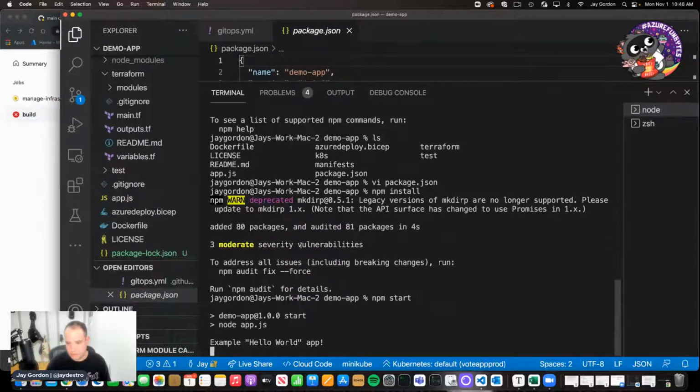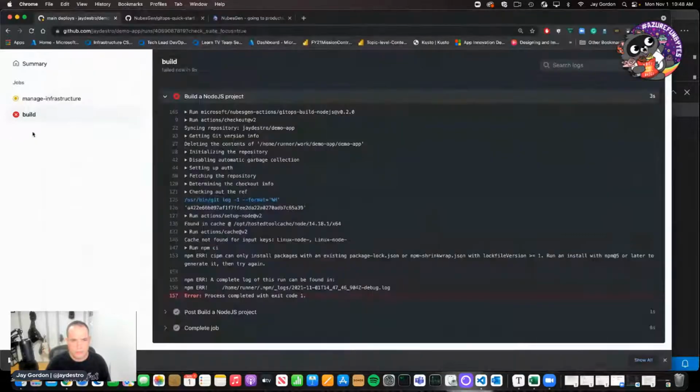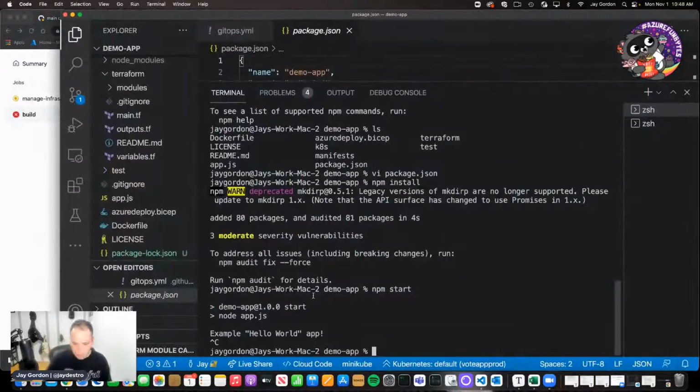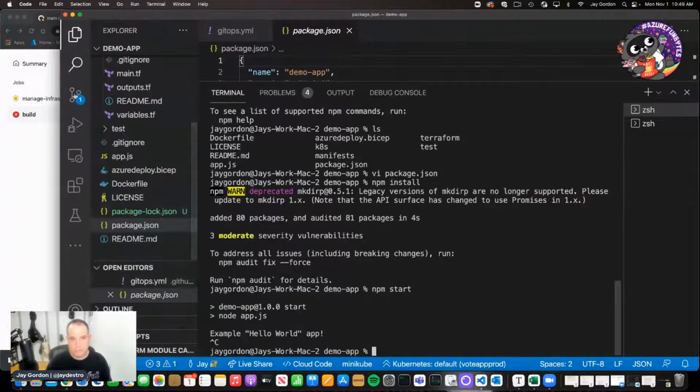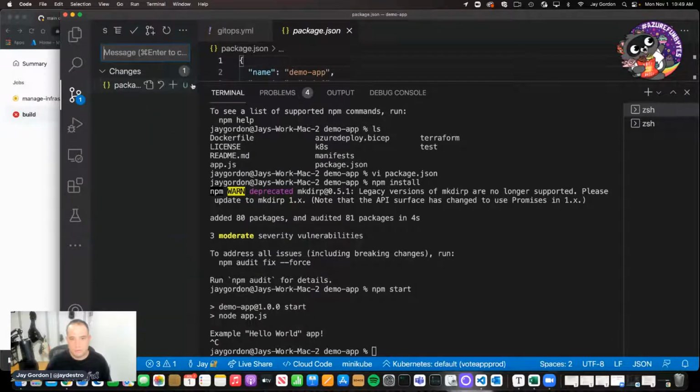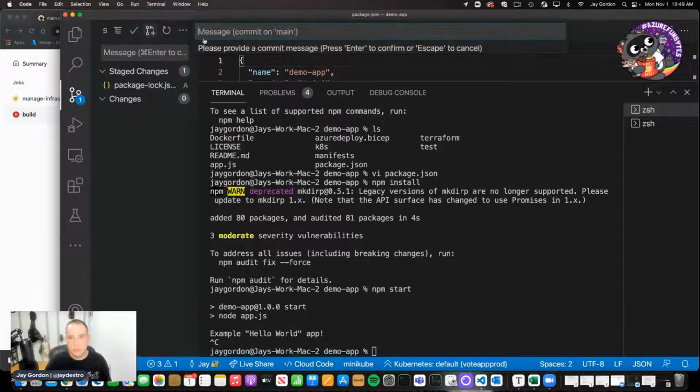Okay, so it works. Let's take a look at why it didn't build. npm ci can only install packages with an existing package-lock or npm-shrinkwrap; also run install with npm 5 or later to generate it. Okay, so did we get a package-lock file? We did. So let's go ahead, stage it, commit it,